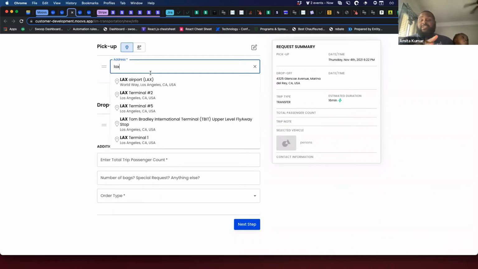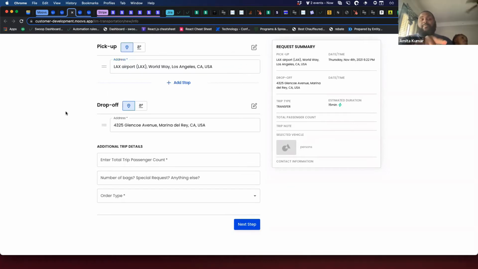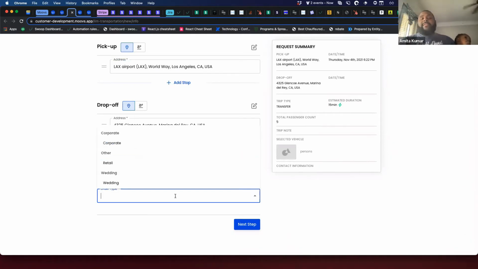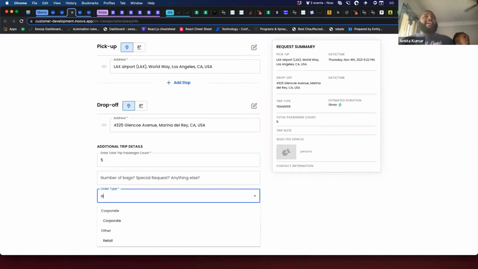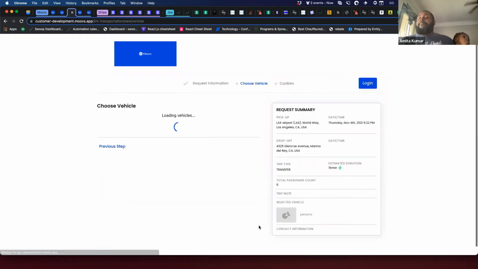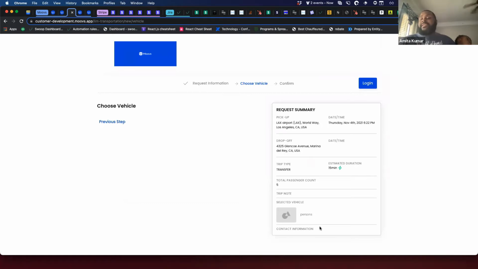I did have another suggestion real quick. I've talked to Noel about this. One other thing that could happen is if they put in the information and it gets to the vehicle part. Say for instance, they need a 5 o'clock afternoon pickup, but the vehicle they want is already out on an hourly, and the hourly doesn't end till 6:30. That vehicle will not pop up when it says choose vehicle.